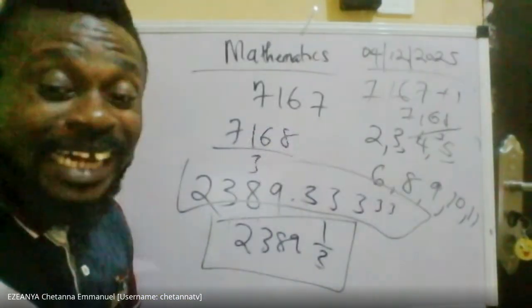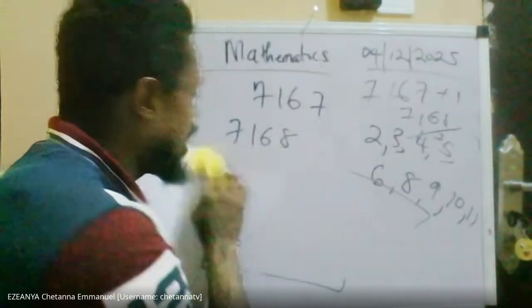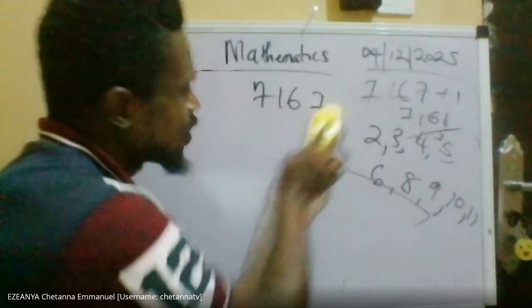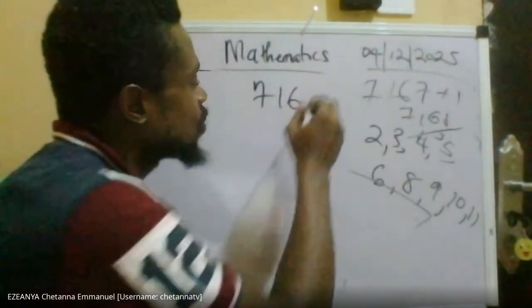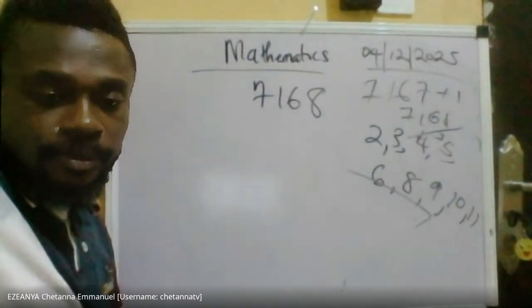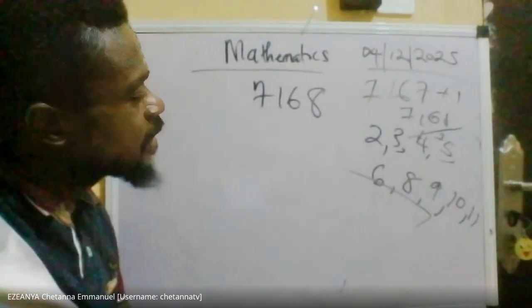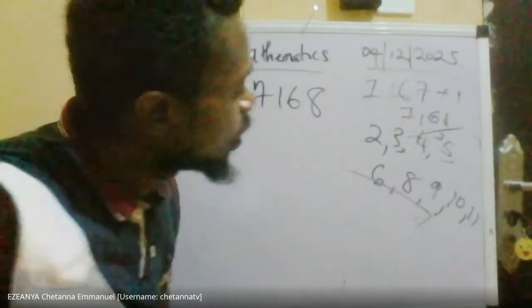7168 is not divisible by what? 3. That's what we have established now. 7168 is not divisible by 3. Let's check whether it's